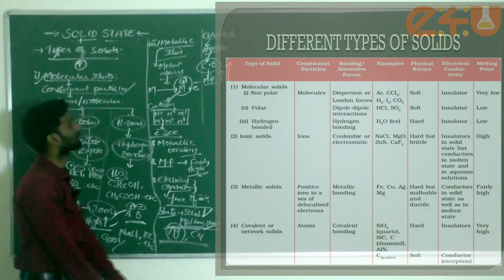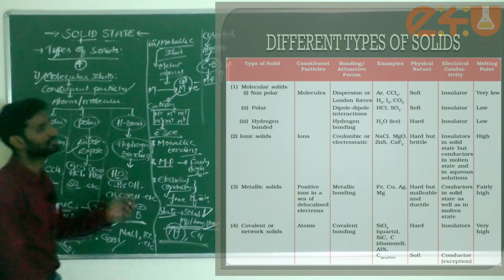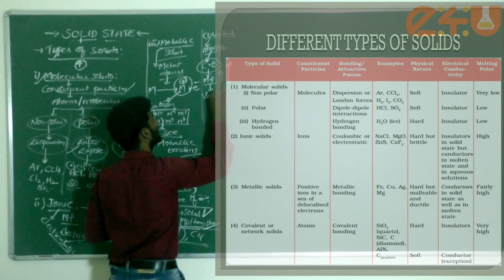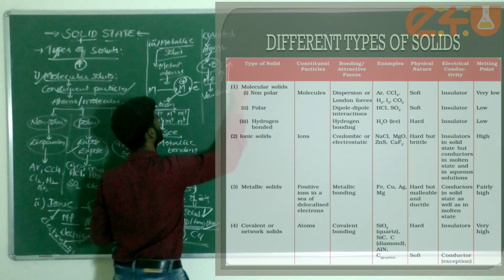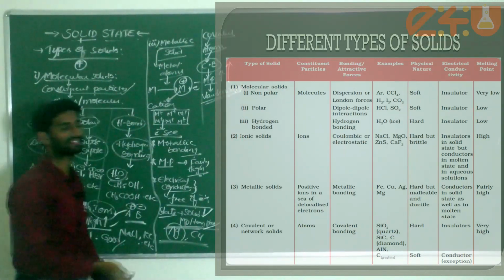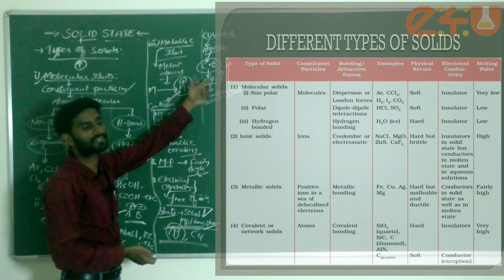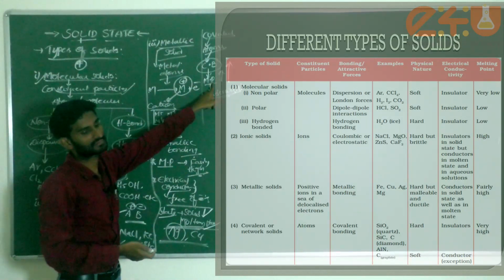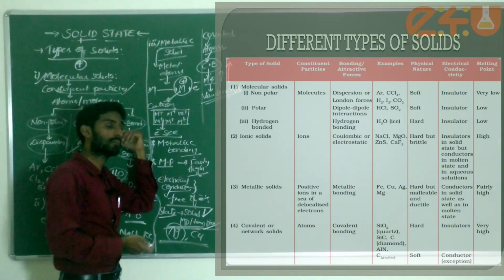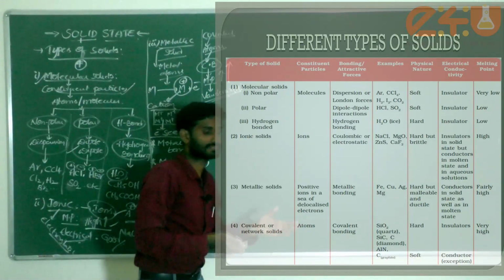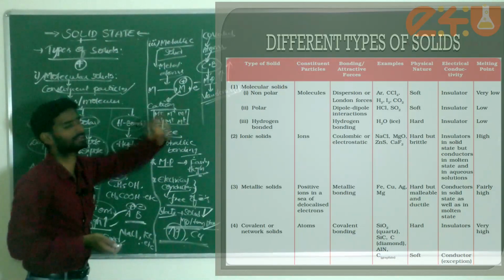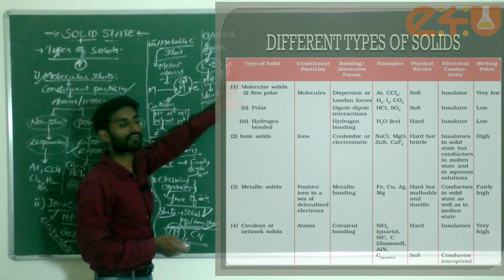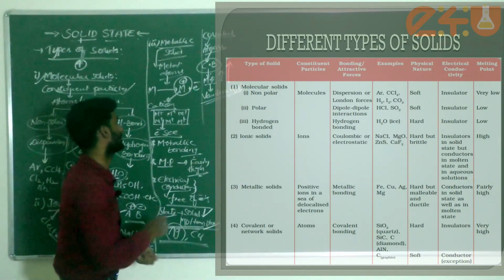The melting points and boiling points, if we consider, are high due to the force of attraction. What type of force is present? Van der Waals forces. Due to the presence of van der Waals forces between the molecules, but when compared to ionic, it is somewhat less. Ionic compounds have very high melting points, due to the electrostatic force of attraction. Here, van der Waals force of attraction is present. Am I correct or not?